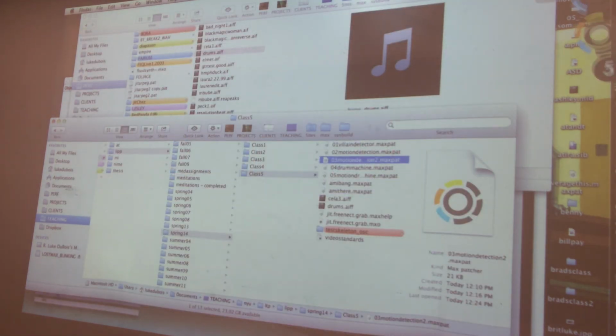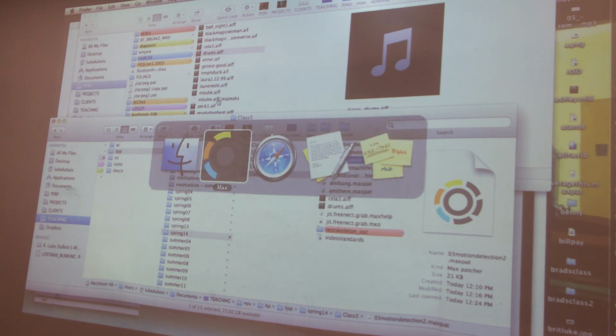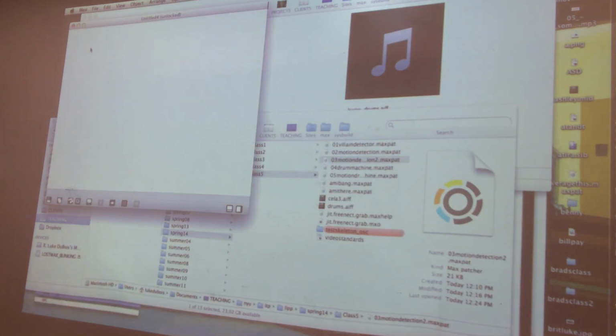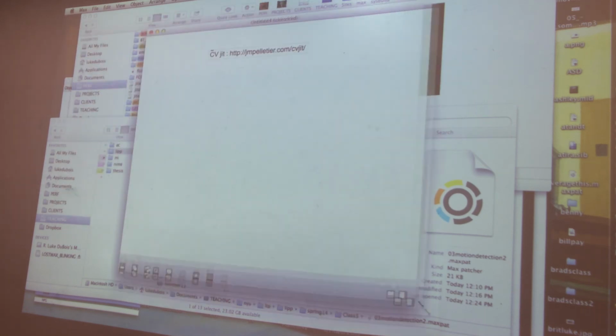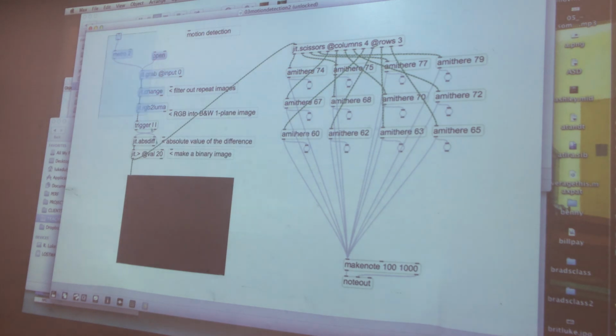And I think I've got them installed. So this is where you need to go to download them. They're made by a guy named Jean-Marc Pelletier. cv.jit. So download them there. And so a really classic example would be, let's grab all this and grab my camera